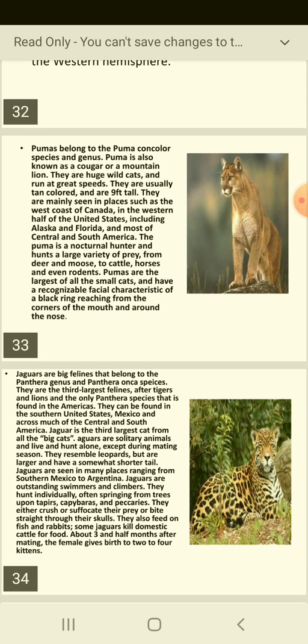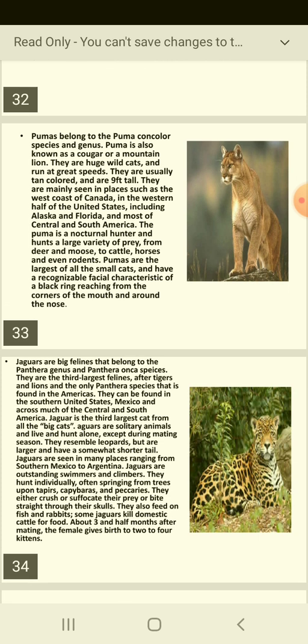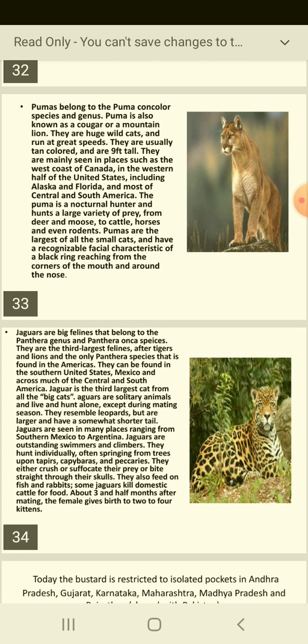You should always know about these animals. They are very important, and we can find these animals in different parts of the world also. Not only in our country, we can find them in different parts of the world where we have similar climatic conditions, similar temperature, similar atmosphere. Understood? You can read it.